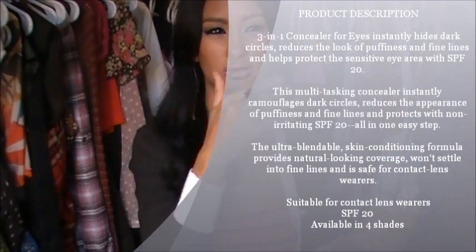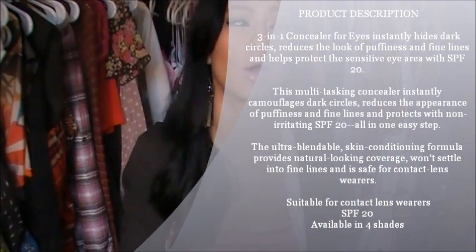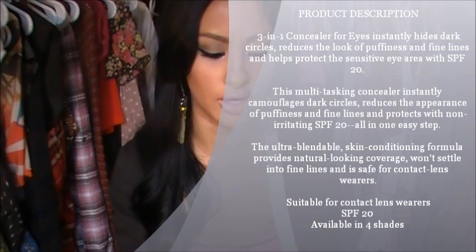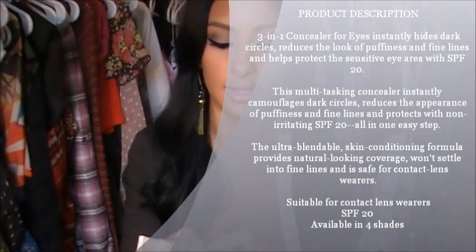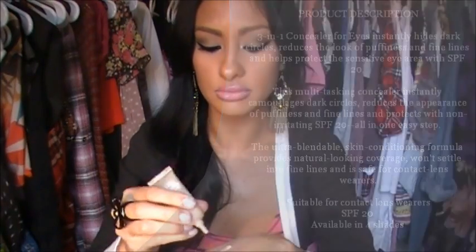But I remember using the balls out of this. Like, I liked this a lot. It's a long time ago when I didn't even know about makeup that much and I needed it for whatever reason, but it works pretty nice. It's not very opaque. If you have really bad under eye circles,